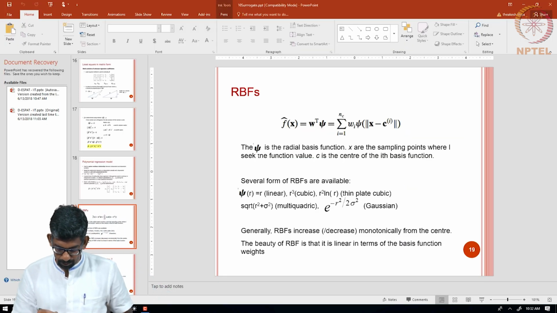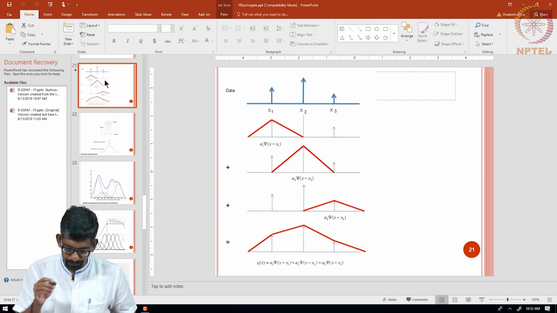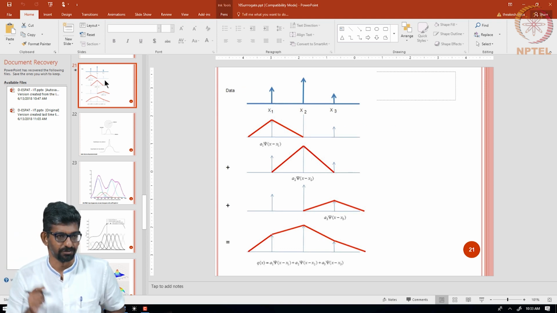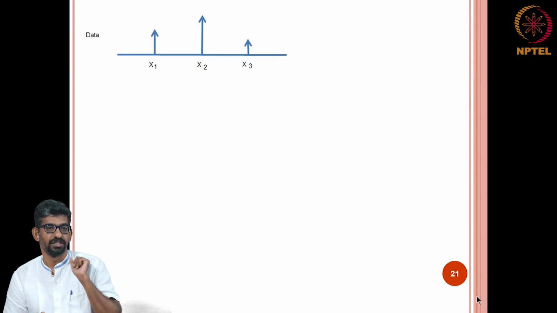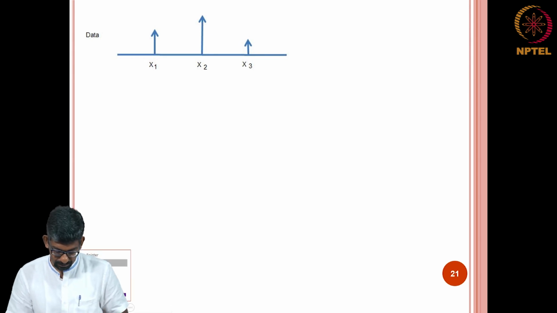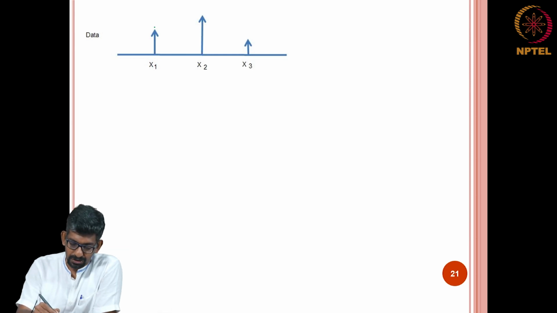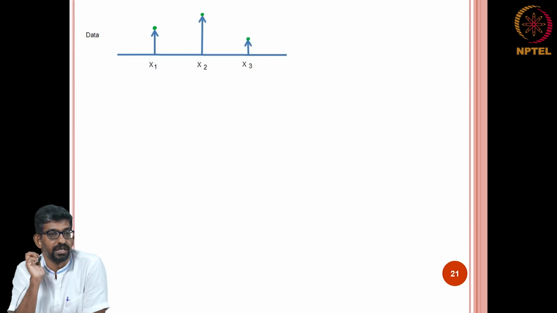What I will do is I am going to skip a couple of slides to begin with. We will start with this, because right now I gave you the analogy of finite element, and then I will go to the math part. I hope you will be able to appreciate this better. So, I have 3 data conditions here. This is the value of the point at x1, this is the value of the point at x2, this is the value of the point at x3. I have only 3 data points.